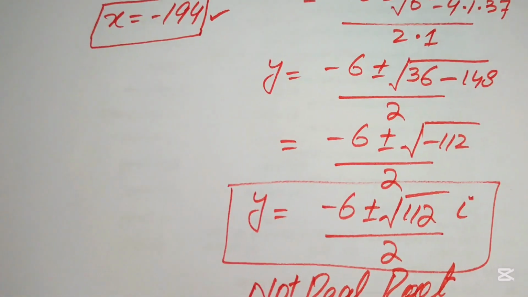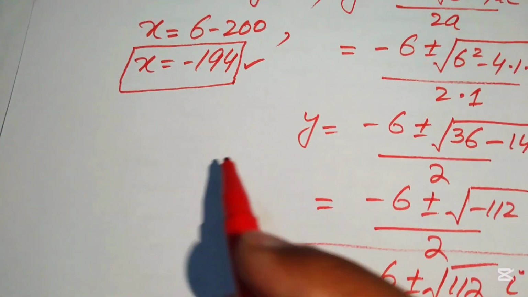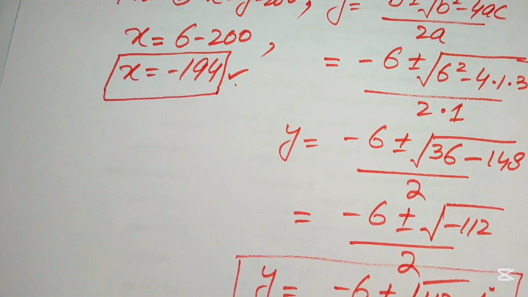So here we have the final value of the given question: x equals to minus 194. This is the